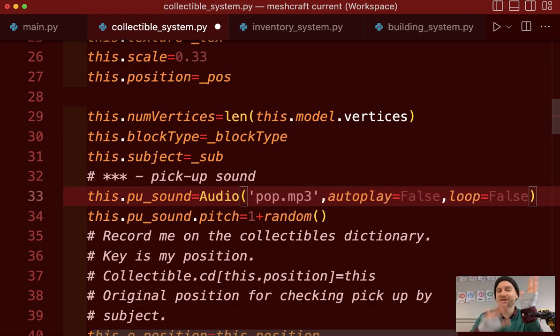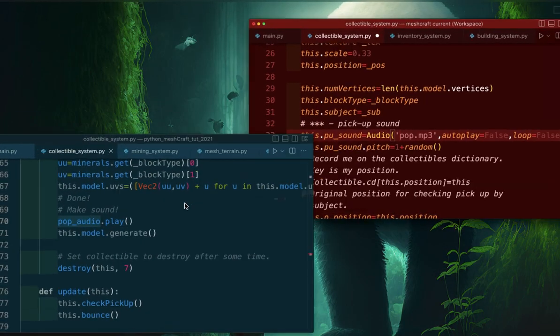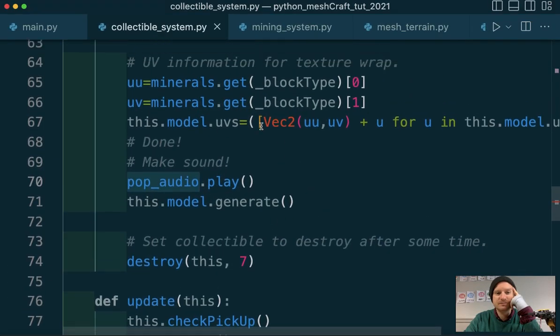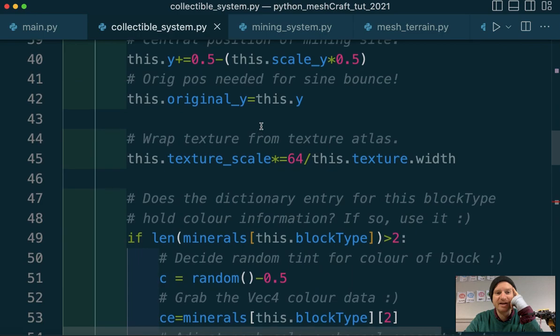Okay, obviously for this to work, you need to have a file called pop.mp3 there, if you're using exactly the same code as me. Autoplay is false, so we don't want it to play as soon as the pickup is created or anything like that, and then looping set to false. Okay, so let's go and reproduce that up here. So again, I'm in